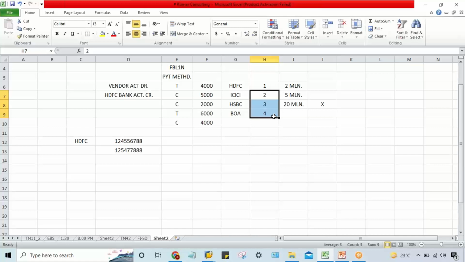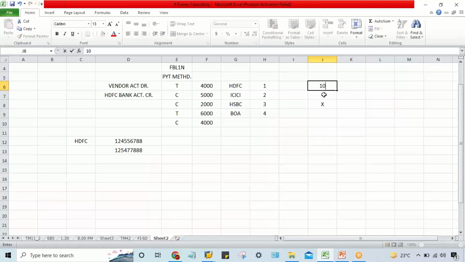This is selected by the system when, let's suppose, your client has a requirement that, I'll quote a very small amount, if the payments to the vendors are up to 10K,